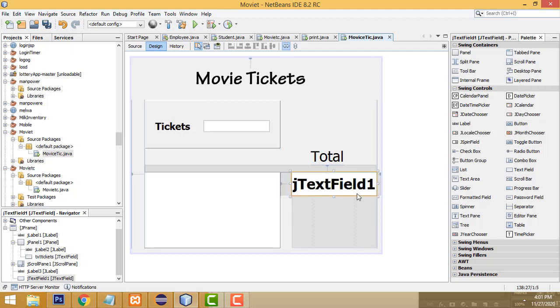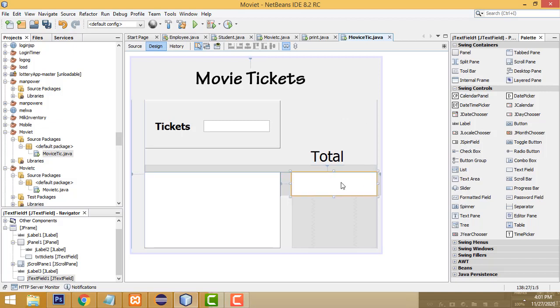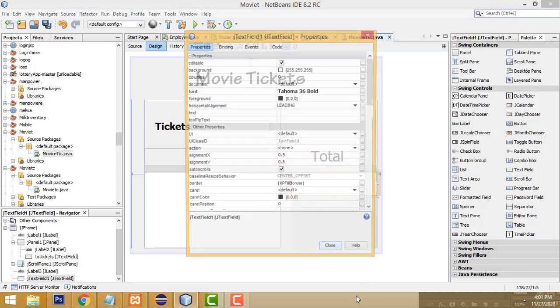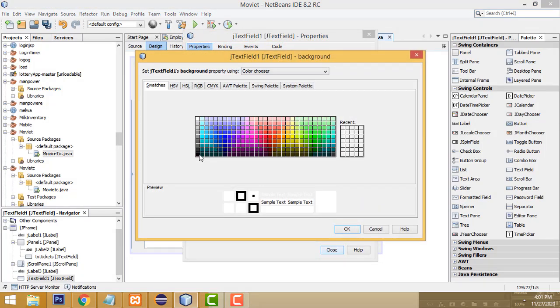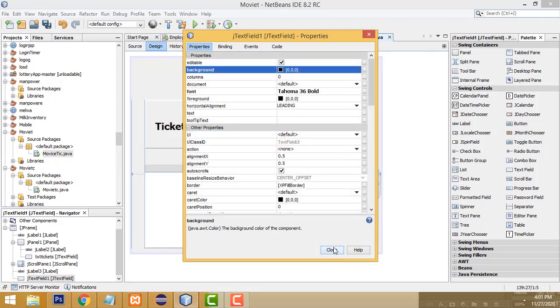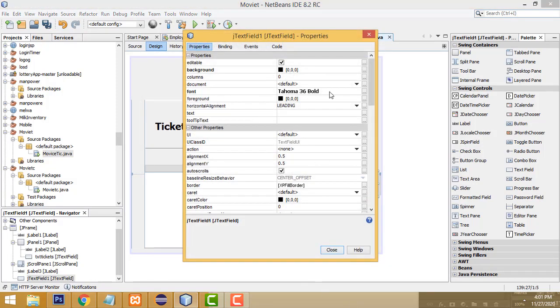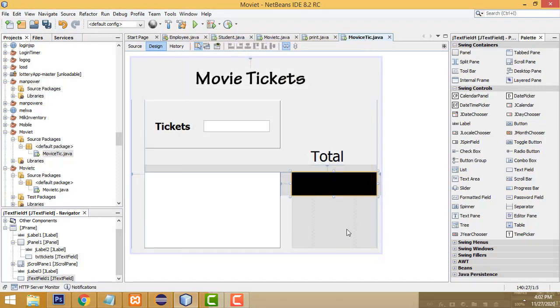So it will be nice. This is the existing text, and we have to change the color to black. Background color is black. Foreground color means the letter color, so we have to change the letter color to white, then only we will be able to see it.